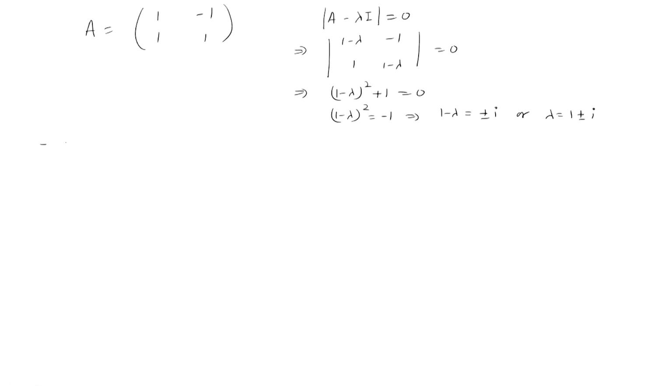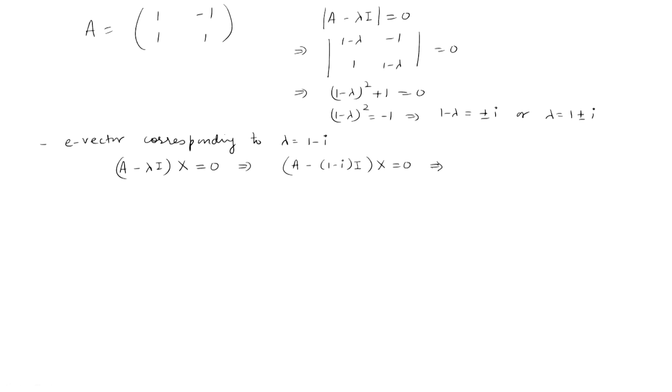So, first we find the eigenvector corresponding to lambda equal to say 1 minus iota. Okay. So, how will we find that? You can simply see that A minus lambda I times x must be equal to 0. This we have already seen, that this x is the eigenvector corresponding to this lambda. So, this implies, now we will substitute lambda as 1 minus iota. So, this is A minus 1 minus iota times identity matrix into x equal to 0.